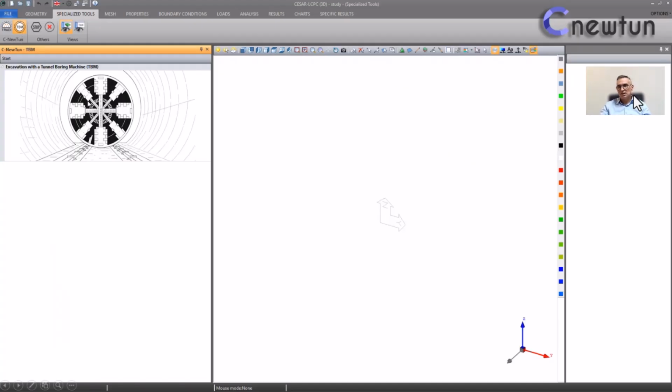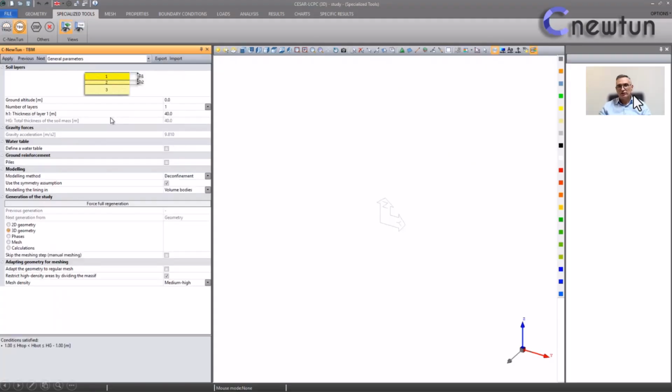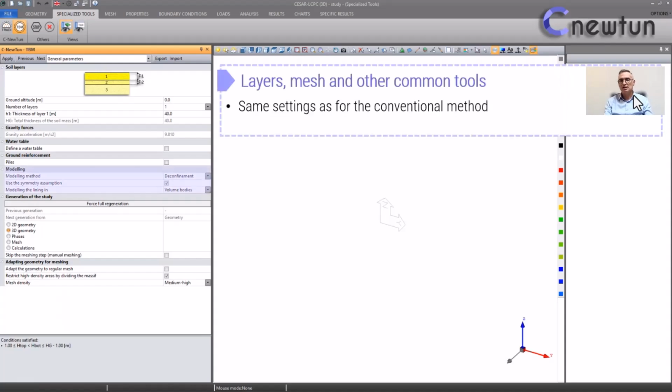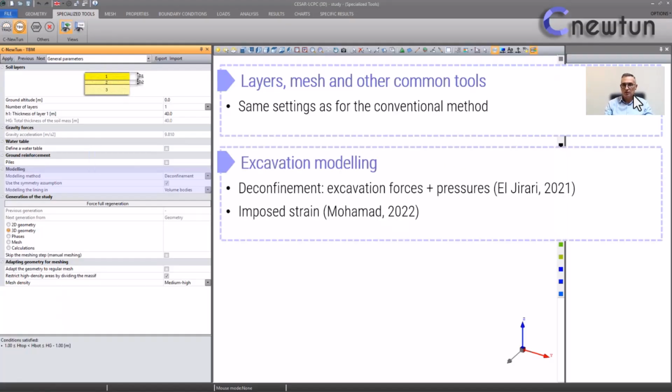The grid will be updated. The first page with general parameters will be quite similar, because we'll find again the definition of the layers, settings of the mesh, and other command tools. But we will also find specific settings, for example, the selection of